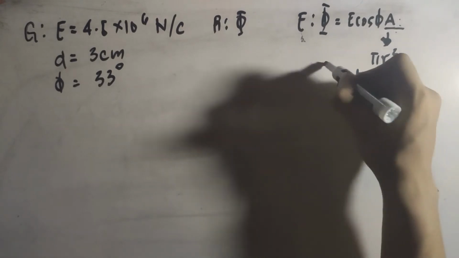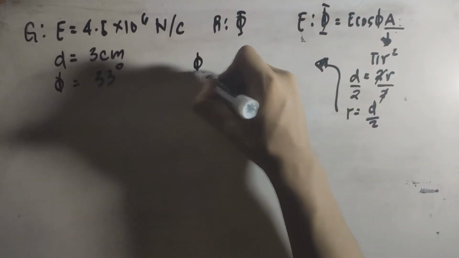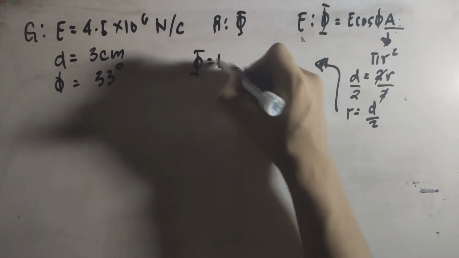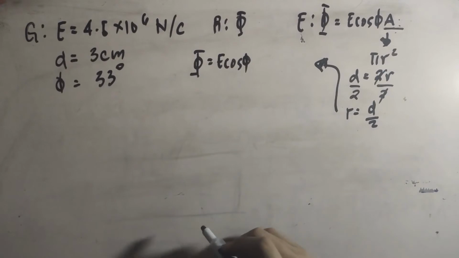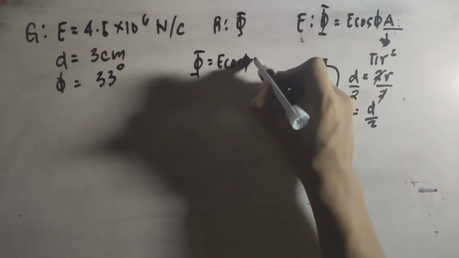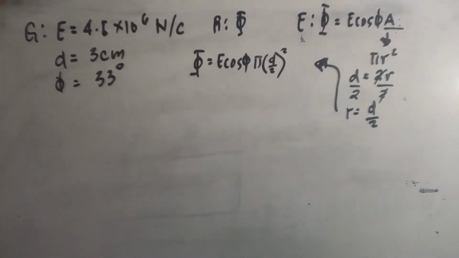Okay, let's try to put it here. So you're going to have electric flux is equal to E cosine phi. Area natin would be, instead of pi r squared, that would become pi times d over 2 to be squared. Get that? Okay? Then, after that, you can immediately proceed on